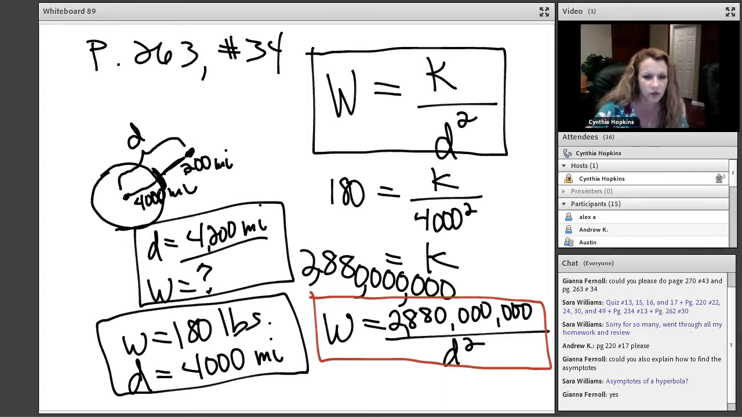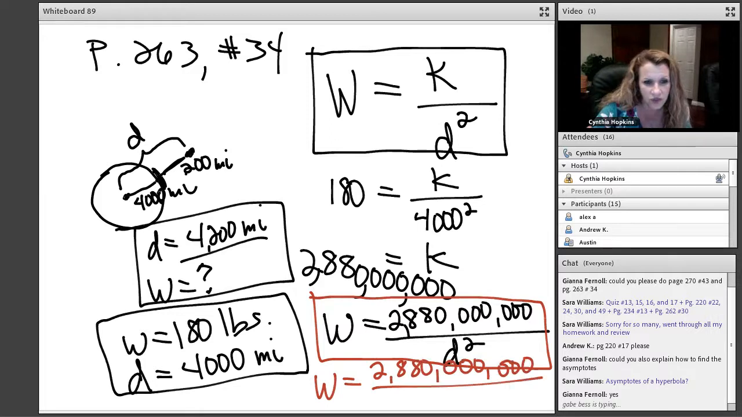And now we're going to answer their question. They want to know what W will equal when this same guy who weighs 180 pounds on Earth is 200 miles above the surface of the Earth. So I'm plugging in for D, 4,200, and don't forget, it's squared. Okay, so I already had my 2,880,000,000 in my calculator, so I can go divided by 4,200 squared, and then hit enter,